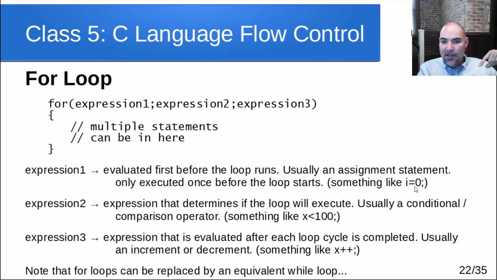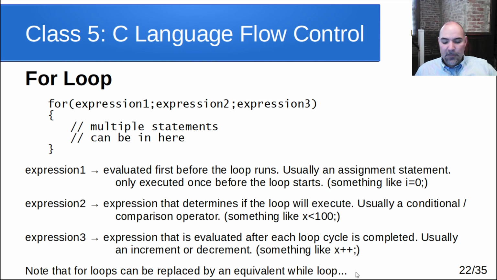So by plugging in i equals 0; i less than 100; i plus plus in here, that would make a for loop that goes through and repeats the statements in here until the middle expression is no longer true. Now, one of the ways that I like to think about this, or explain this, is that